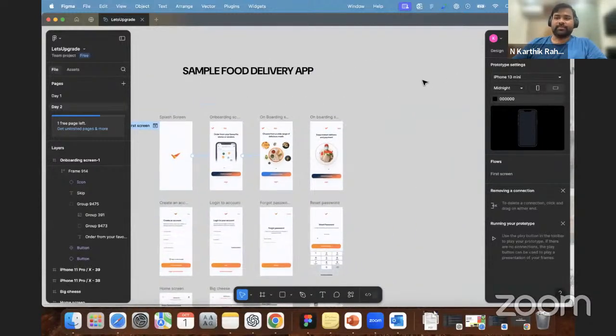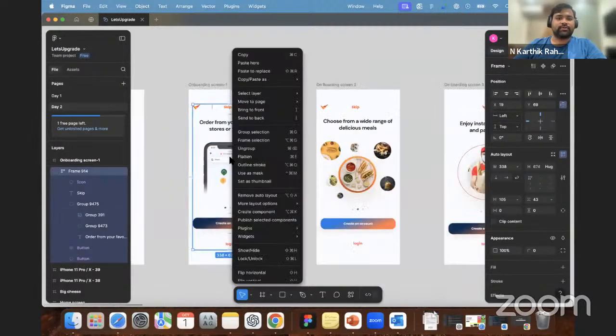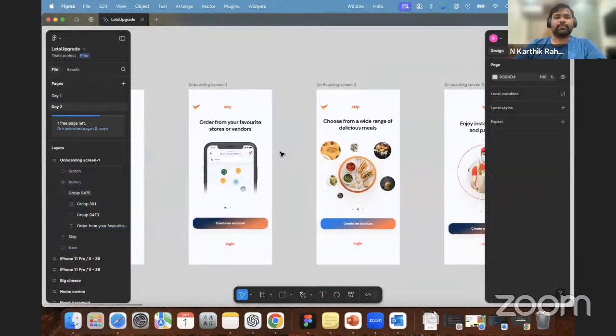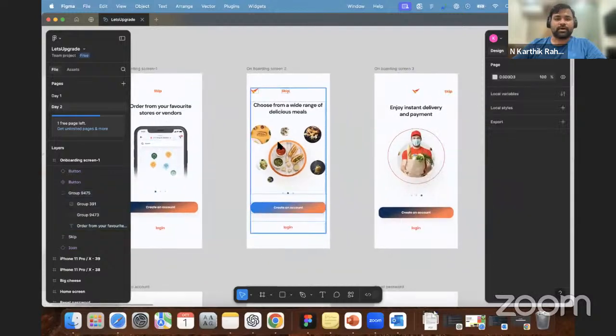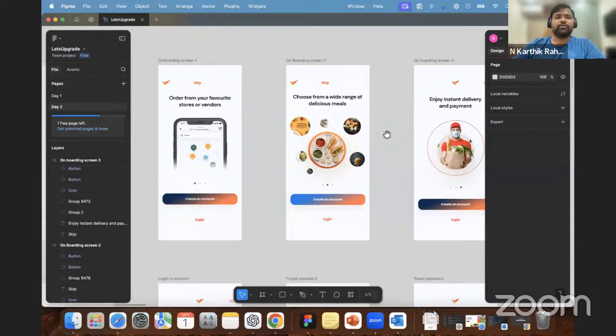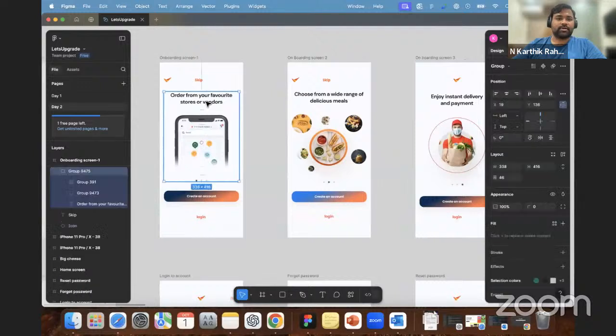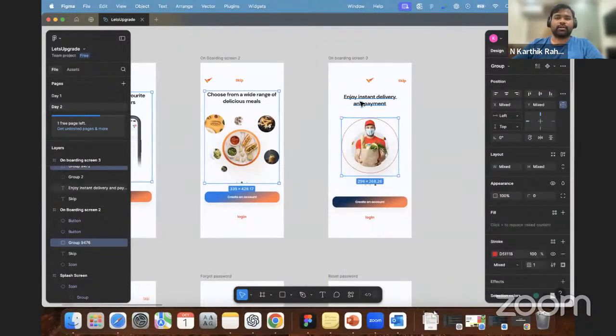So how do we do that? In order to start designing, click on the design. Okay. And click on this onboarding screens. First ungroup it. Once you have ungrouped it, select the particular type here, whatever the onboarding screens are. Select it, select all the three,